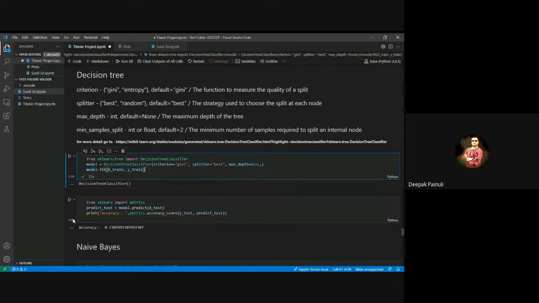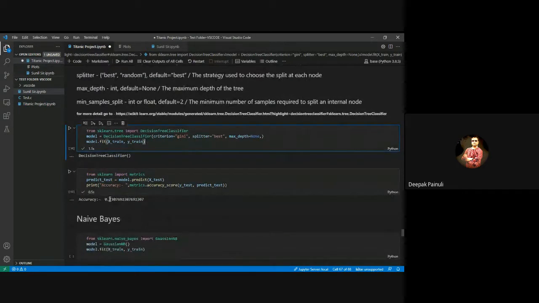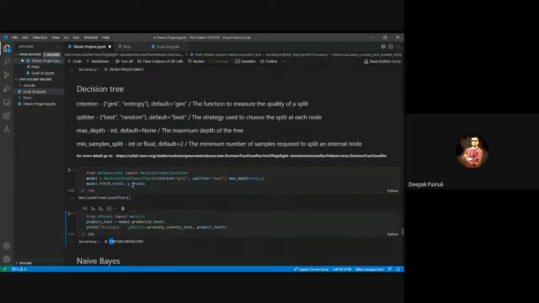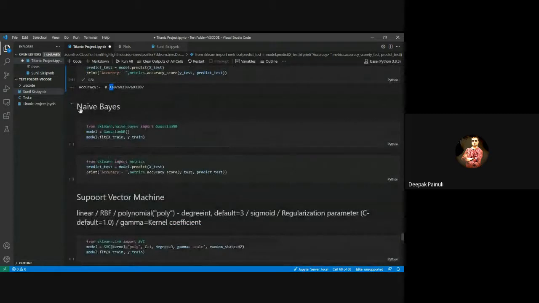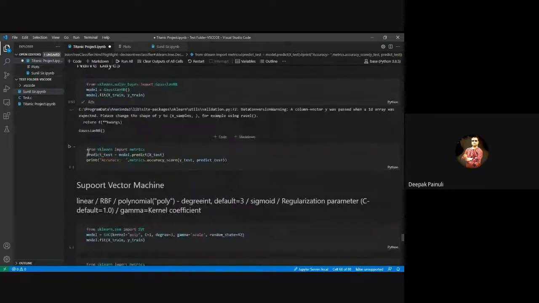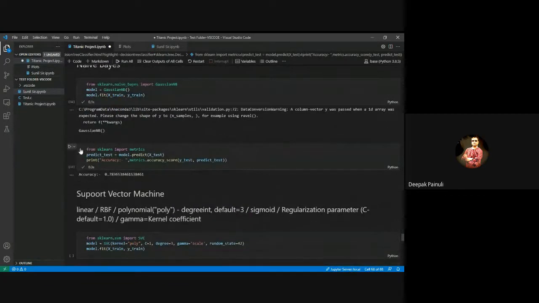Okay. Now let us check what is the accuracy of decision tree. Yes, accuracy of decision tree is 73.07, which is less than logistic regression, right? Okay. Now check another classifier, which is naive Bayes, which uses conditional probability, right, to find the class of any input variable. Okay. So for that, I have to import Gaussian NB from sklearn.naive_bayes and train it. Okay, it's trained on X train and Y train, and accuracy of this is same as logistic regression.